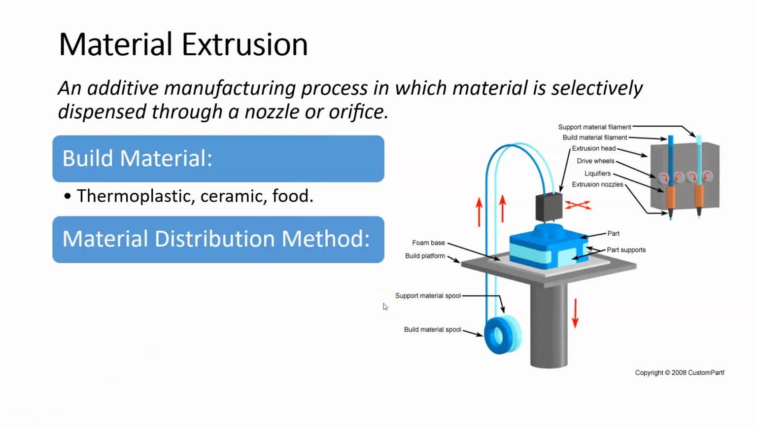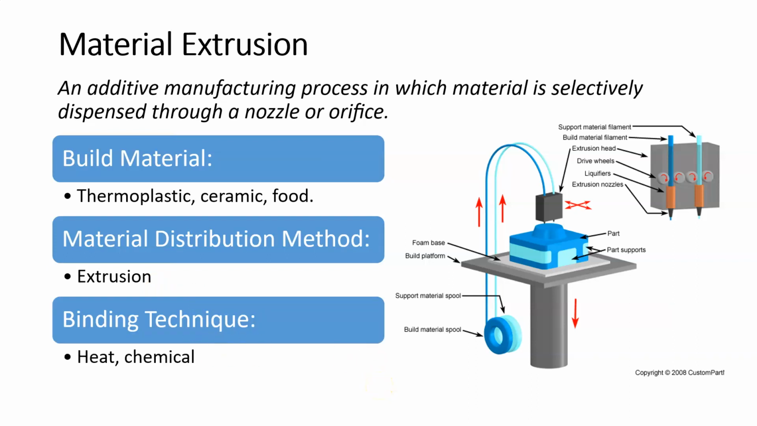The material distribution method is an extrusion process. Now, what an extrusion process means is basically we're going to take, in this case, the plastic filament, which starts as a solid, and we're going to melt it, and we're going to deposit it when it's in a liquid state. And then that melted plastic is going to re-solidify rather quickly so that we can build layer by layer on top of that. So that's the extrusion process that we're going to be using to build our parts with the material extrusion